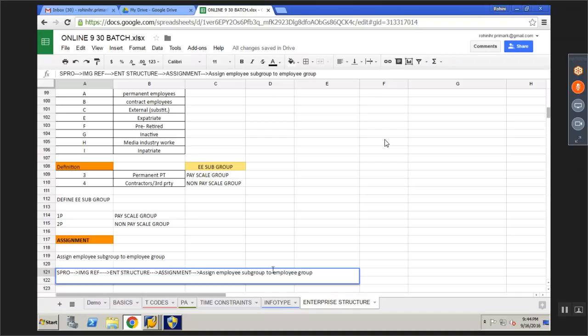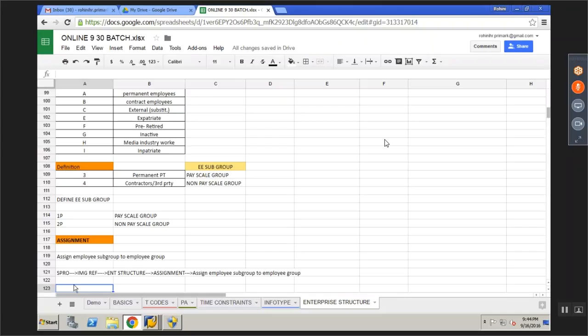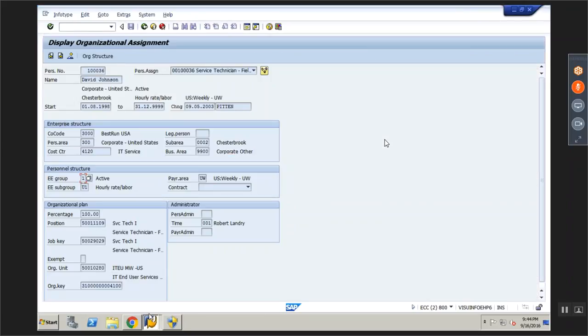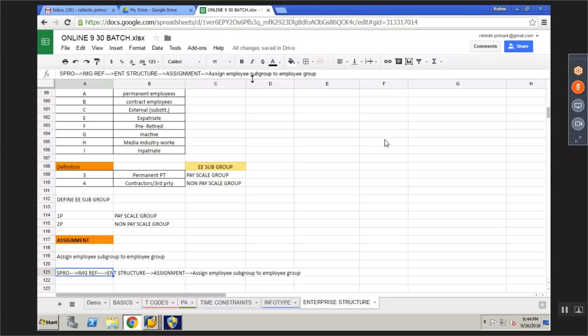Then assign employee subgroup to employee group. HRM would be there. Go there.